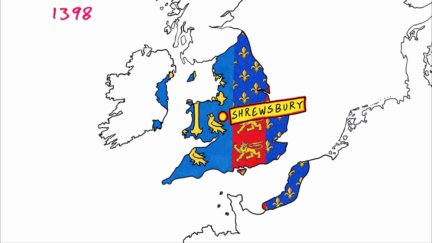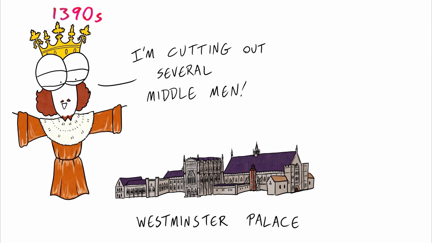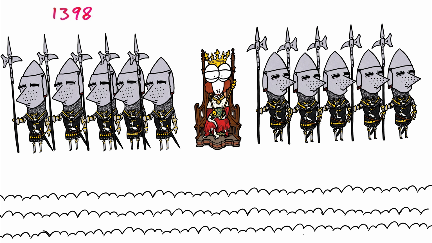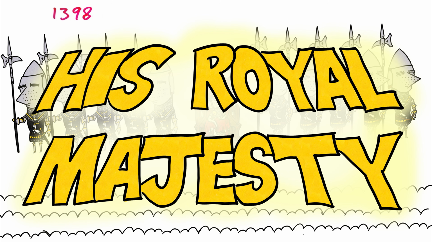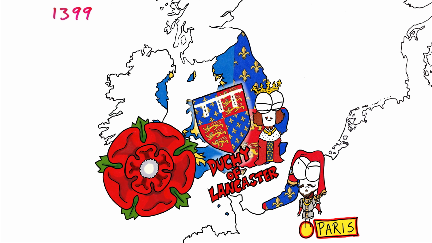exiled. At the Parliament of Shrewsbury, Richard declared himself absolute ruler with the Parliament's power, becoming a committee of 12 lords and 6 commoners chosen by the king. His court became a place to venerate the absolute monarch, calling him His Royal Majesty, surrounded by his own private army of bodyguards. Richard had exiled his cousin, Henry Bolingbroke, son of John of Gaunt, who had been one of the Lords Appellant. When John died, Richard disinherited Henry and dispersed his estates.